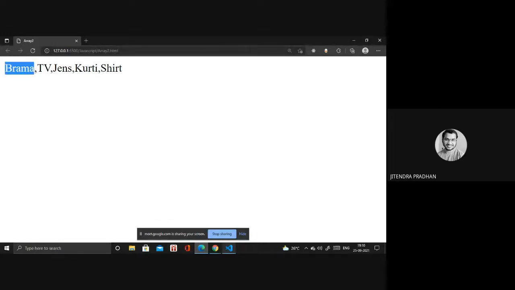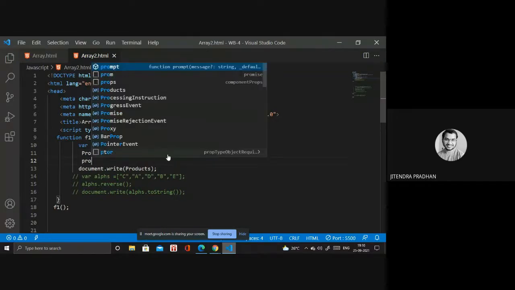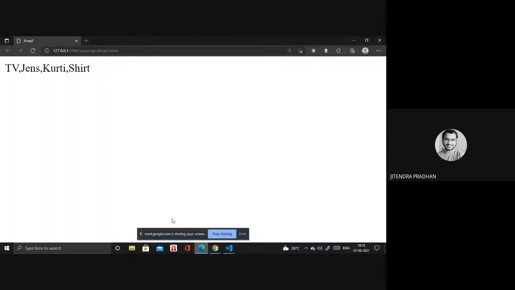Okay, if I want to use product.shift, we remove that first one. Okay, first one removed. I hope you got this point now.